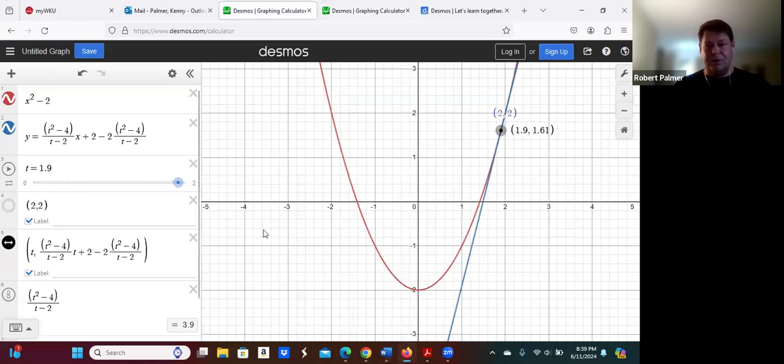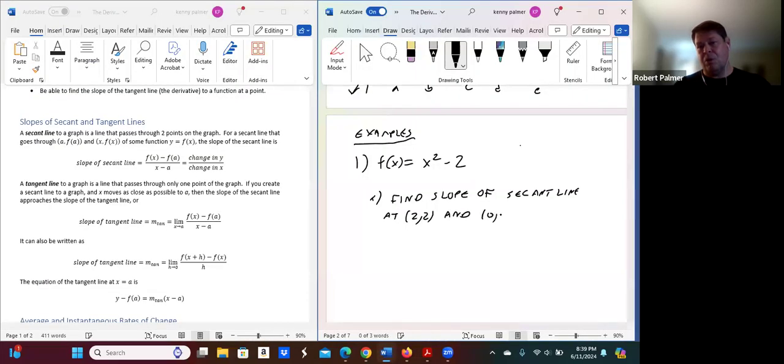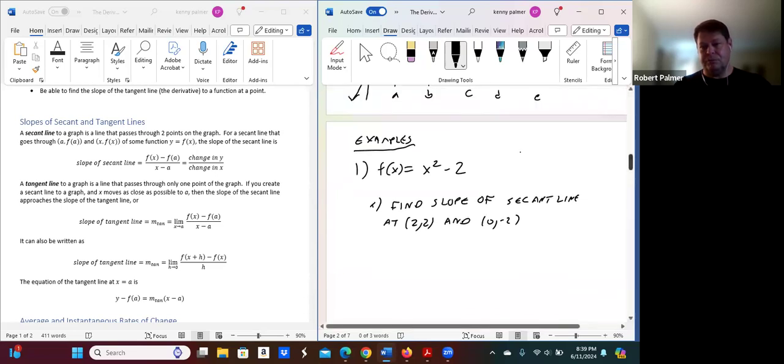Actually, I don't really need the point 0, negative 2. I just need this. So the slope,